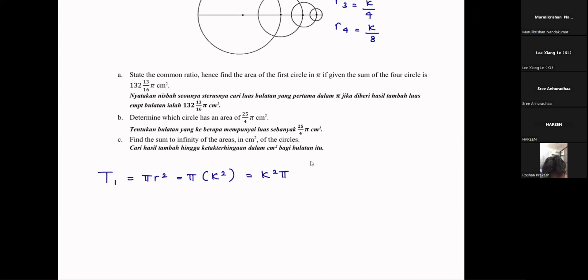Okay, settle. So T2. K over 2, kan? Square, you're going to get